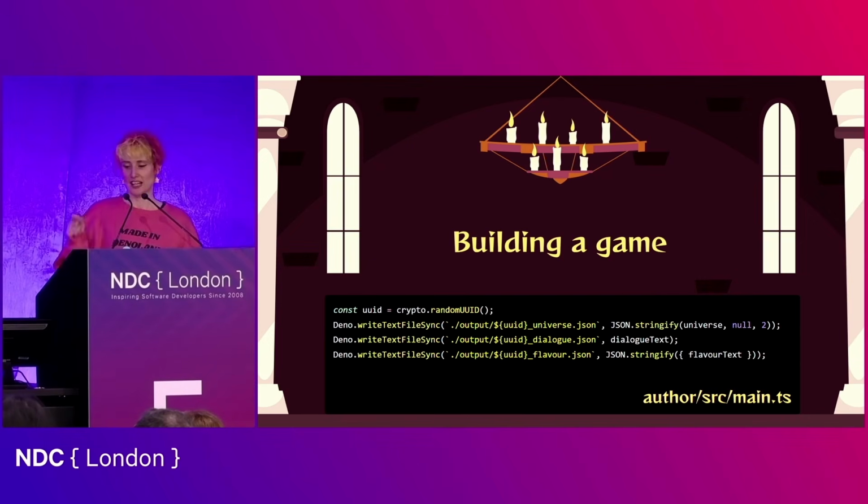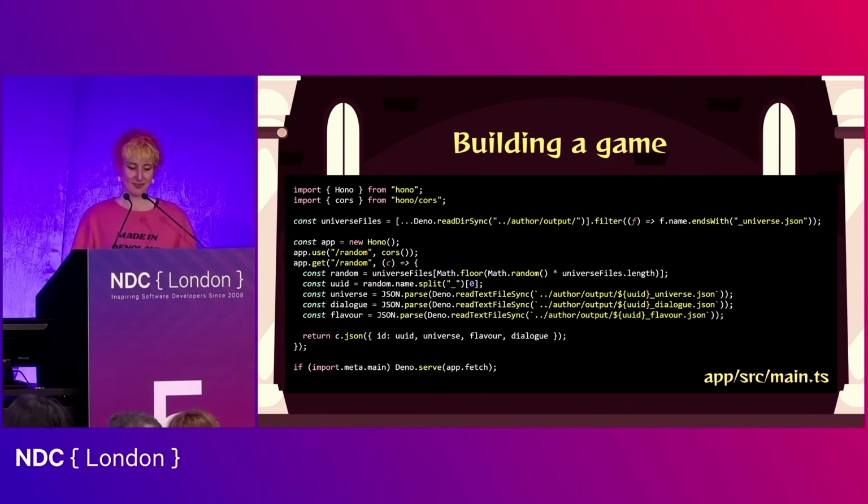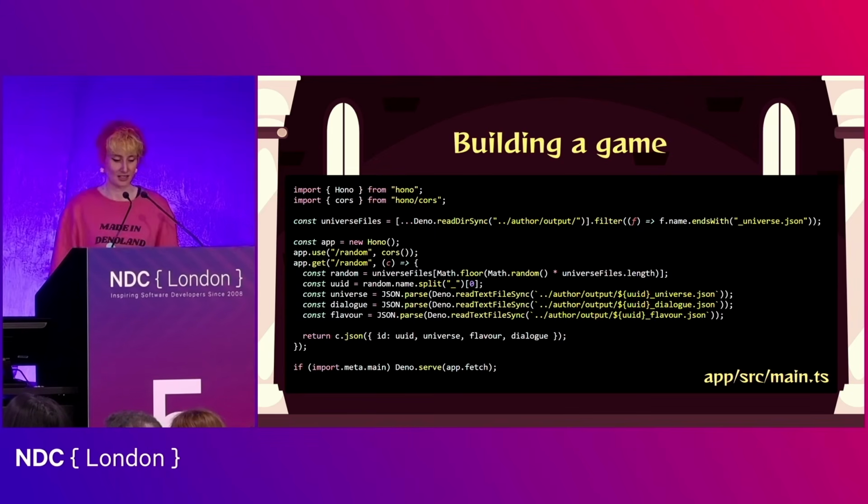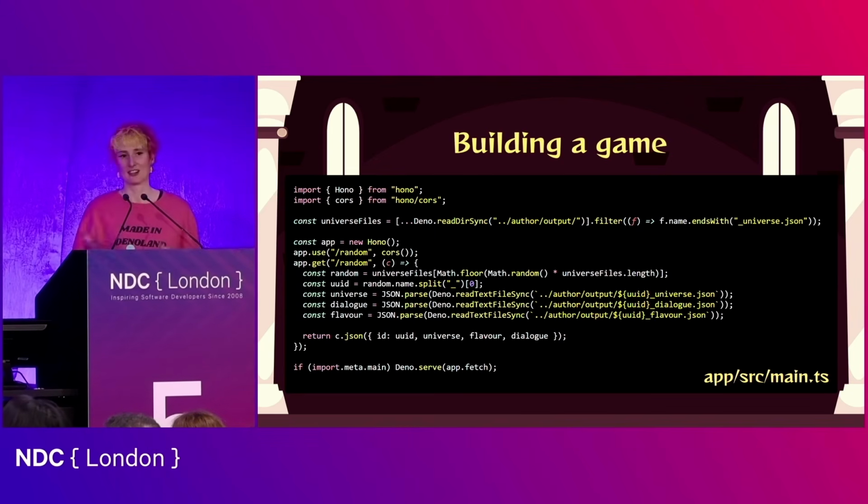Each time we run the author, we output files to an output folder. The API picks one at random and serves it to us, and that's going to be the world that we play in. The API then returns a random bundle from the disk. If you've not seen Hono before, it just allows us to build a small functional server.